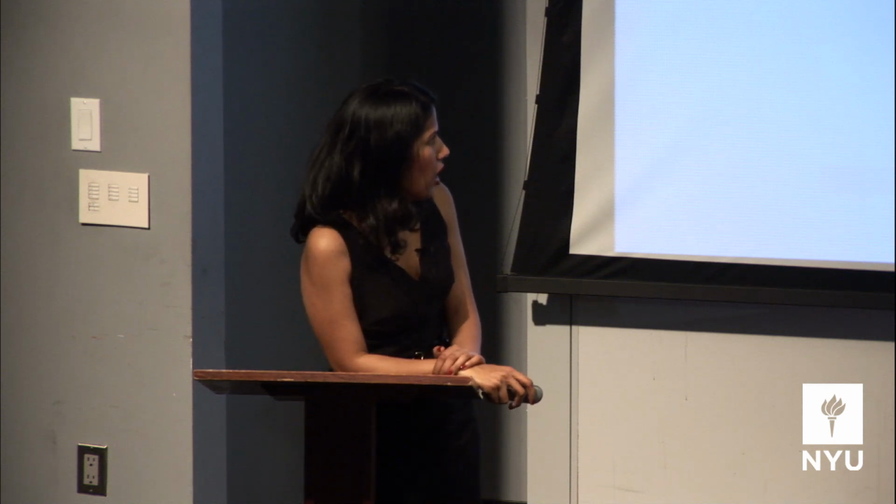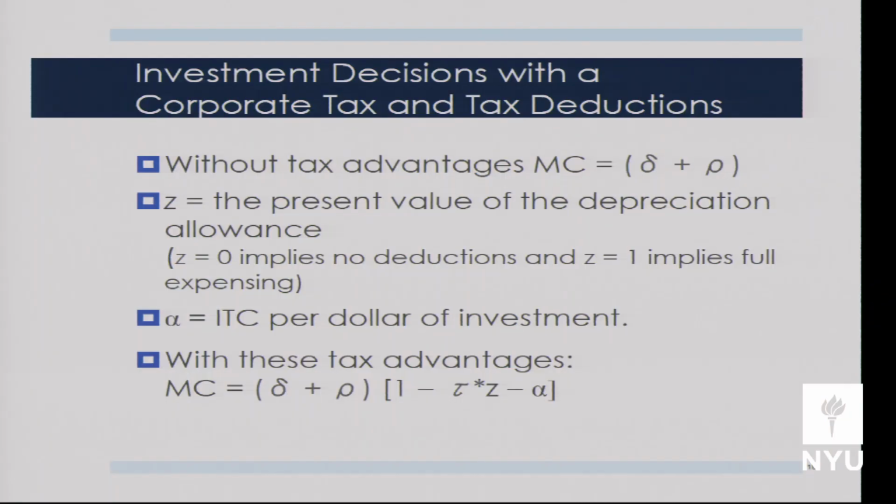Okay, good. So we've levied the corporate income tax here, but we have not taken into account the fact that the IRS lets the corporation deduct depreciation, right? We've not taken depreciation into account. That's the next step. Without tax advantages, so without depreciation allowances and without an investment tax credit, the marginal cost of capital is delta plus rho. Remember, delta is about the thing itself, it's economic depreciation. We're going to allow this firm to take some depreciation allowances. We're going to pick a depreciation schedule, right? And that firm's going to be allowed to depreciate that dollar of investment according to some timeline.